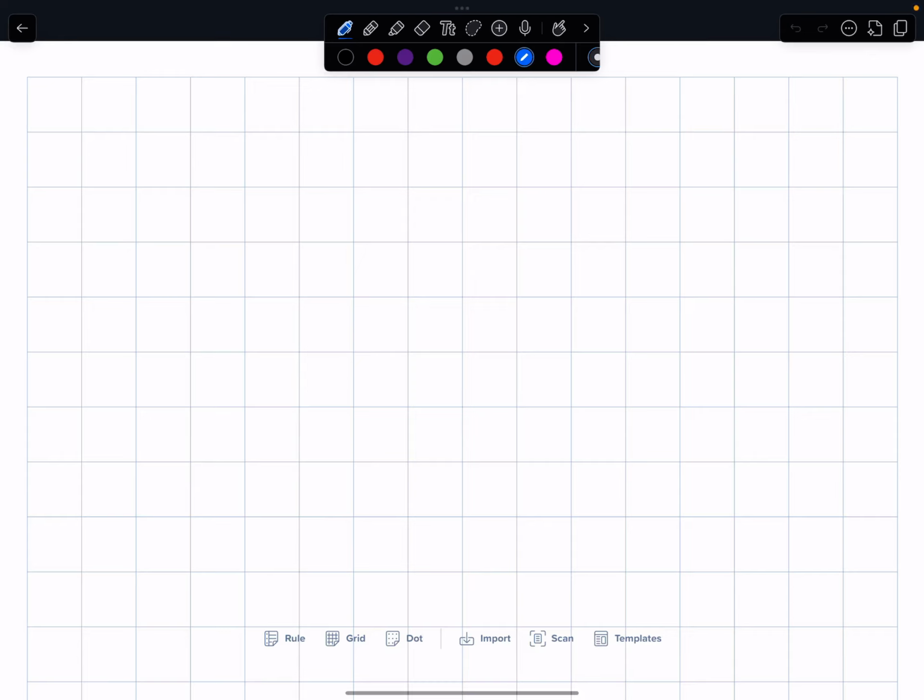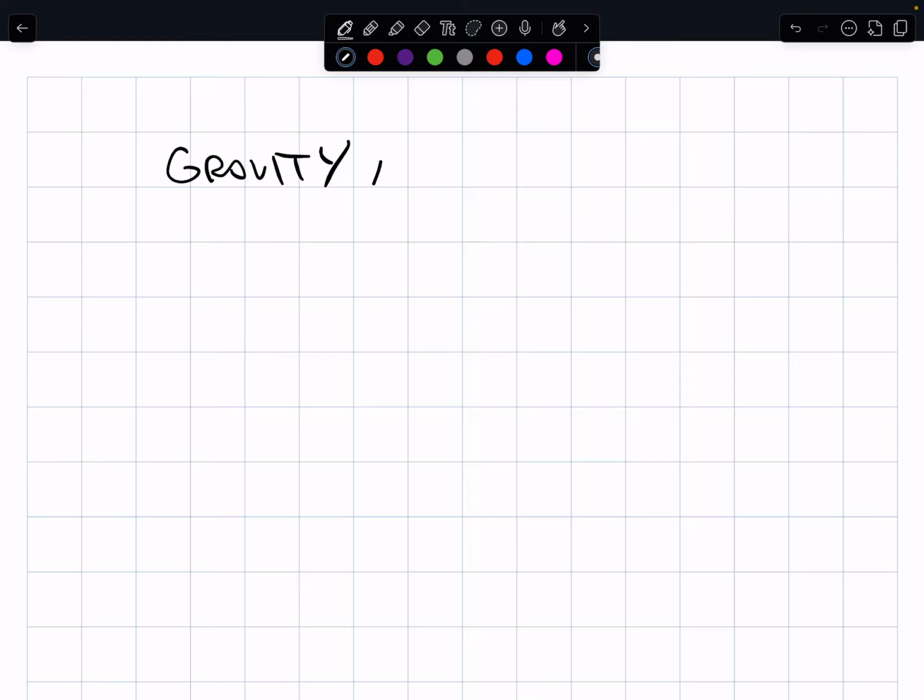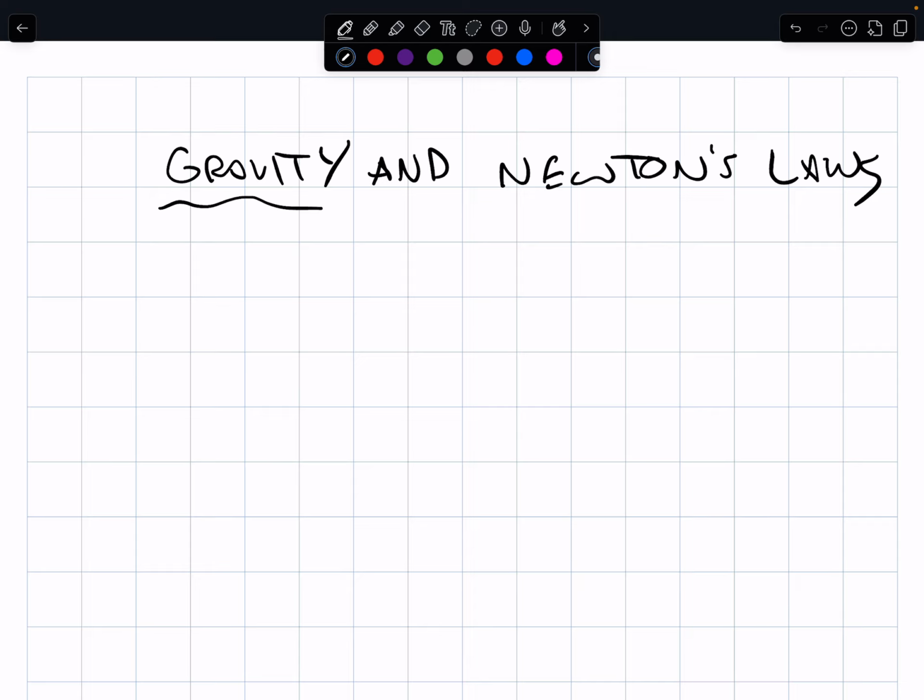Let's do some problems involving gravity and Newton's laws. Gravity is a force of attraction between every particle of matter in the universe and every